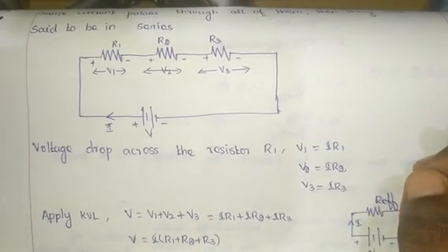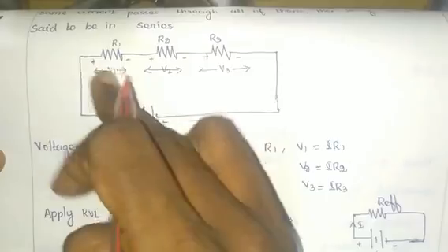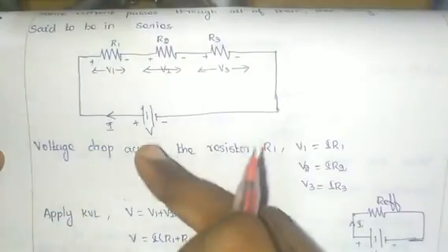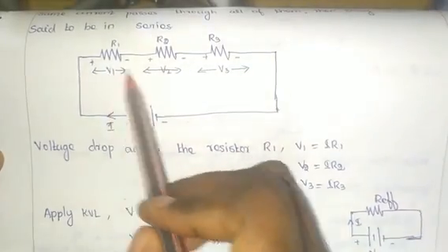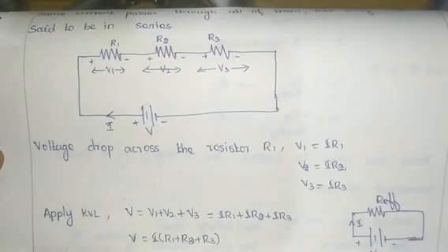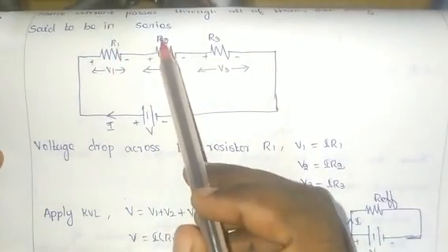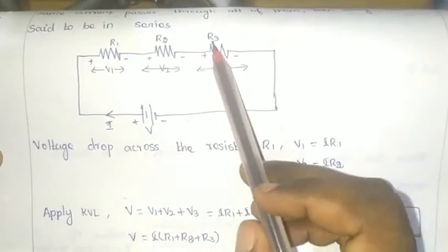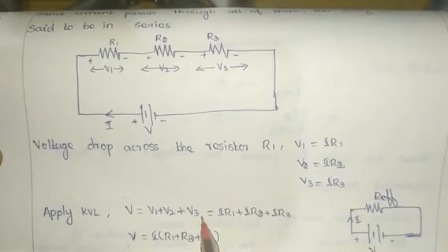Now we shall find the effective resistance value if the resistors are connected in series. So here the resistors are connected in series, with a voltage source exciting that network. I can write by KVL, V is equal to V1 plus V2 plus V3. V1 is the voltage across the resistor R1, V2 is the voltage across the resistor R2, and V3 is the voltage across the resistor R3. So V is equal to V1 plus V2 plus V3.